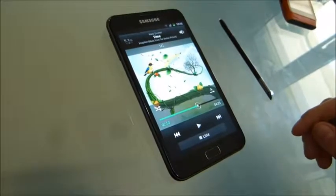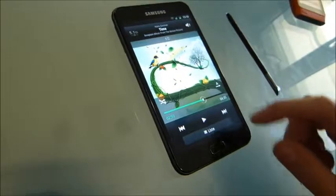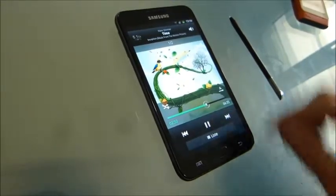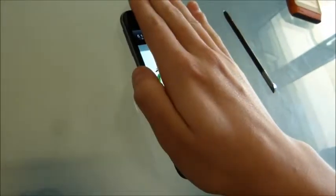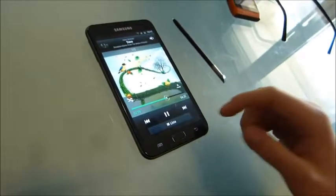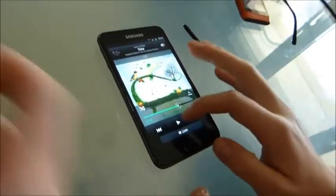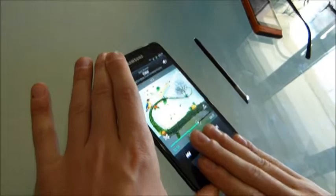There you go, screenshot. Nicer than the Galaxy Tab, which you have to do the 2-button press on. And if you play music now, then you can just put your hands on and it will mute and will resume. Is that not just using the light sensor? No, it's really touch. You can fake it a bit. If you see it, you can now swipe your hands down, so... Right. Once you go up...